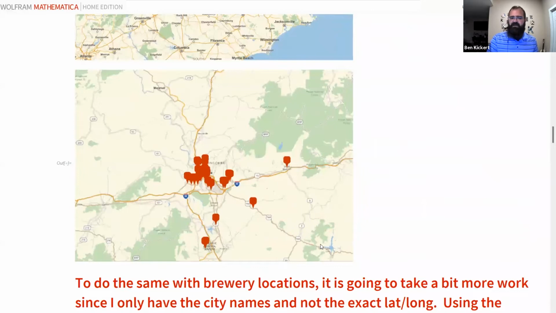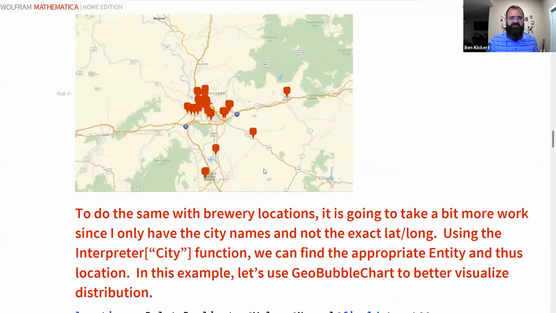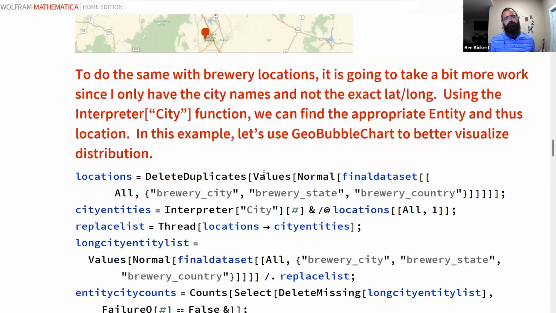In Asheville, I made sure in my first year that I tried as many different locations as possible. So we were able to visualize that. I was also interested in finding out where the beers I had tried were from. This information was simply included as a city and state, so it didn't have the latitude and longitude.